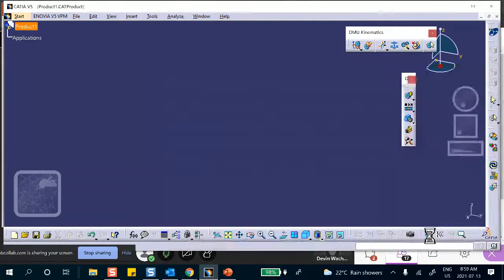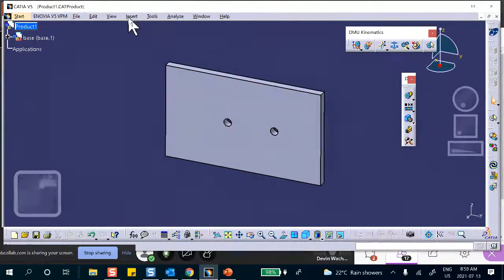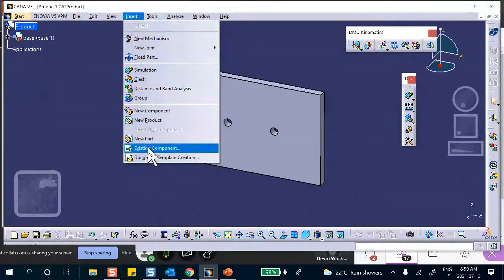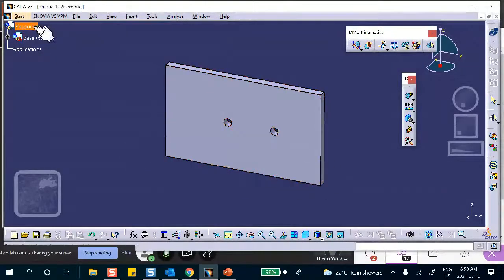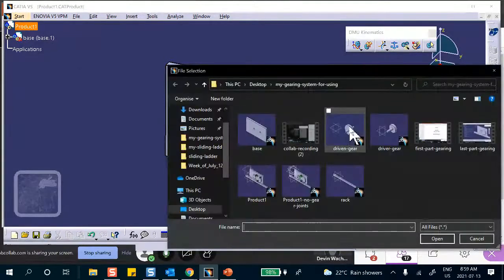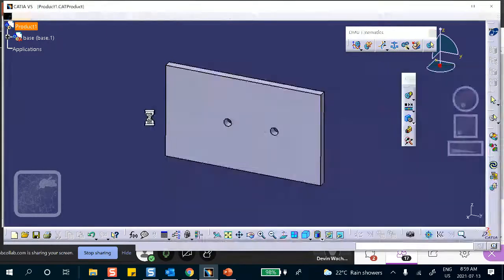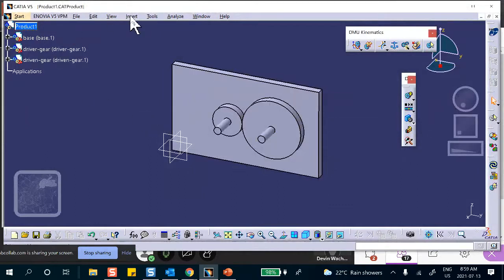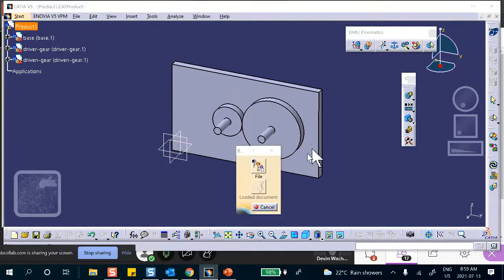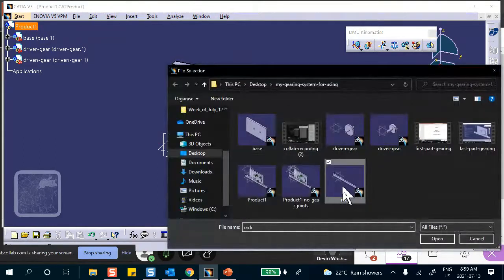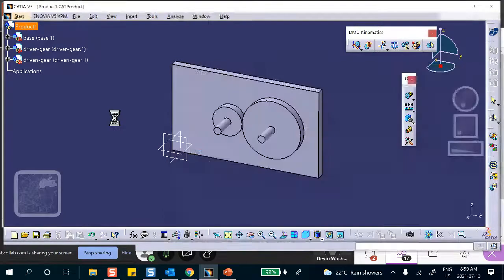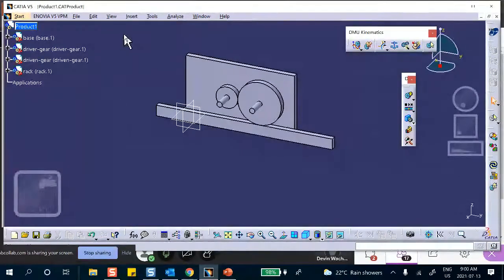Open. Excellent. Insert existing mechanism. We have two gears, so the driven gear and driver gear. So this one, shift that one. I'm going to put it there. Okay, and insert existing component in there. And I want the rack. That was the rack, yeah. Okay, good, good. So